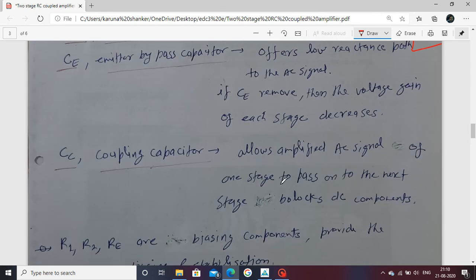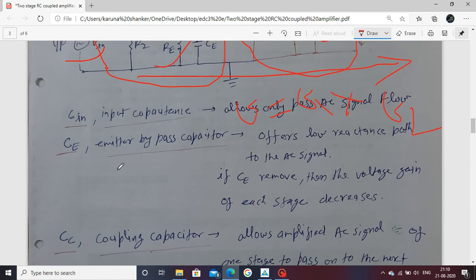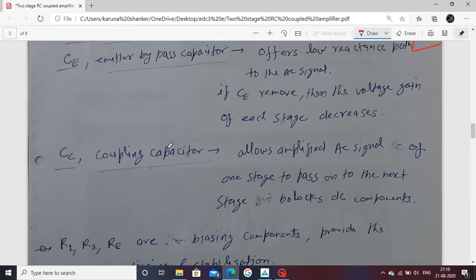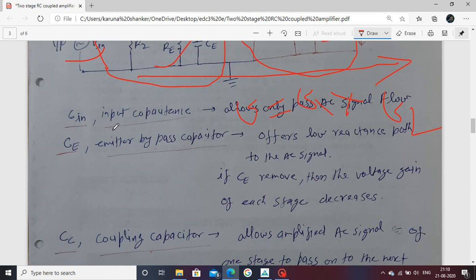Note down these components that you see here, and these are the biasing components. You see here the input capacitor allows only the AC signal to pass, and the emitter bypass capacitor offers low reactance